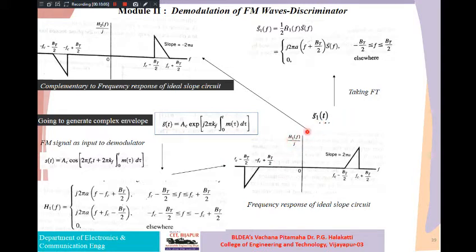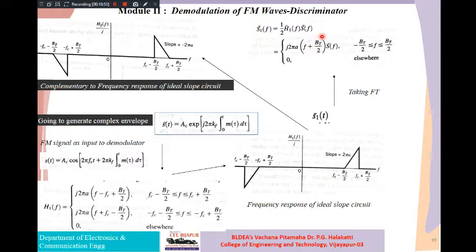Unless we transfer this time domain signal to the frequency domain, we cannot identify its frequency domain contents. So for that purpose we have to apply the Fourier transform to this S1 hyphen of t. So what we are getting is S1 hyphen of f equal to half H1 hyphen of f into S hyphen of f. I am denoting this by S1 hyphen of f, that is half of H1 hyphen of f into S hyphen of f.